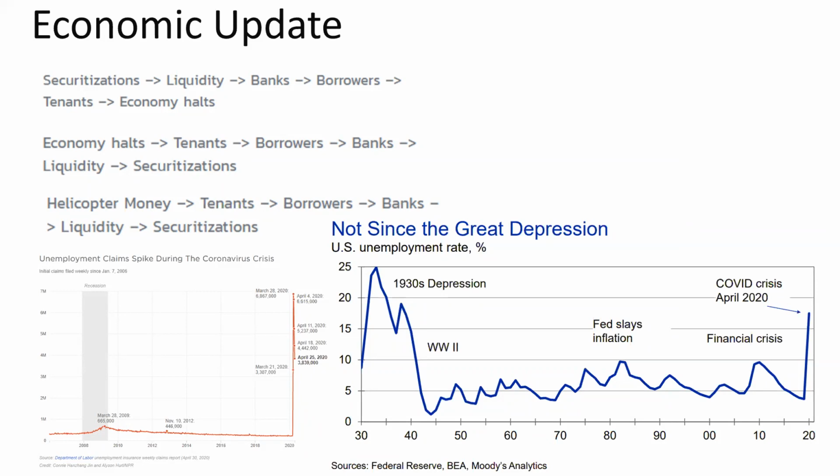A couple of charts. Everyone's seen unemployment, hitting now, I think 30 million people who have filed in the last month or so. And I think we increased the number of jobs by about 20 million in the last recession, 22 million. And so this was a chart from Moody's that showed unemployment hasn't been this high since the 1930s depression.